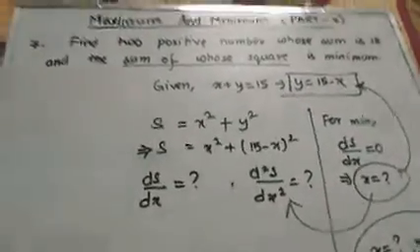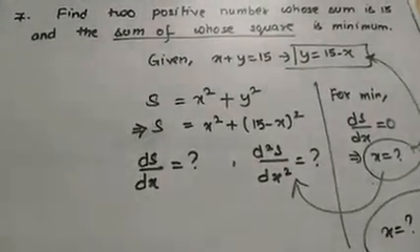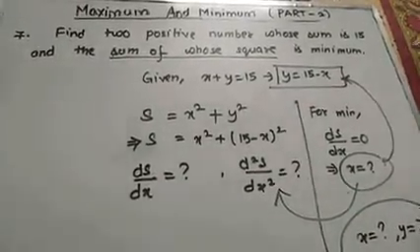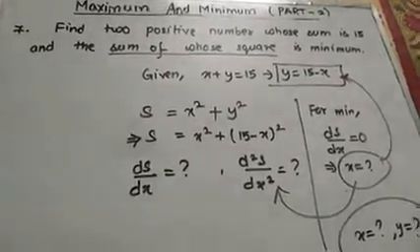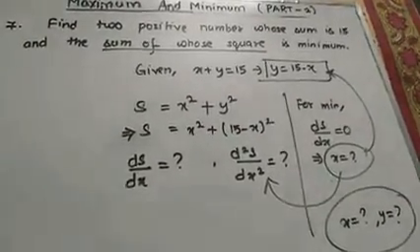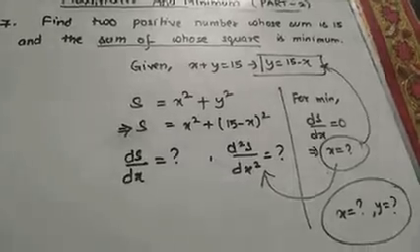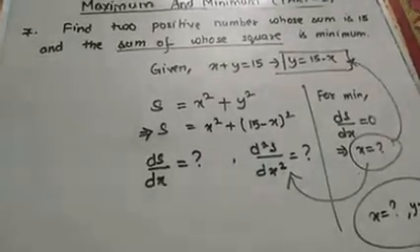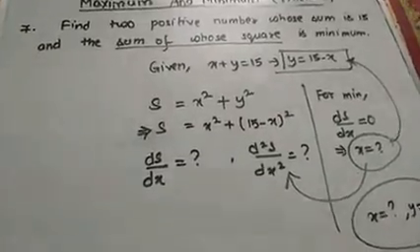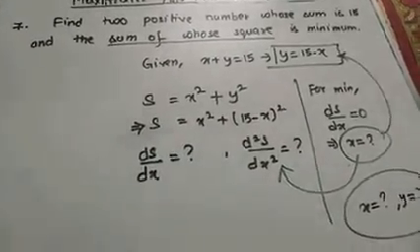Clear? So this is question number 7. So this is all about the chapter maximum and minimum. There are some more questions which will be homework for you. I will give them later on. Till then, try to solve all these 7 questions. If you find any doubts regarding any of the questions from this chapter, let me know. I will try to solve that also.